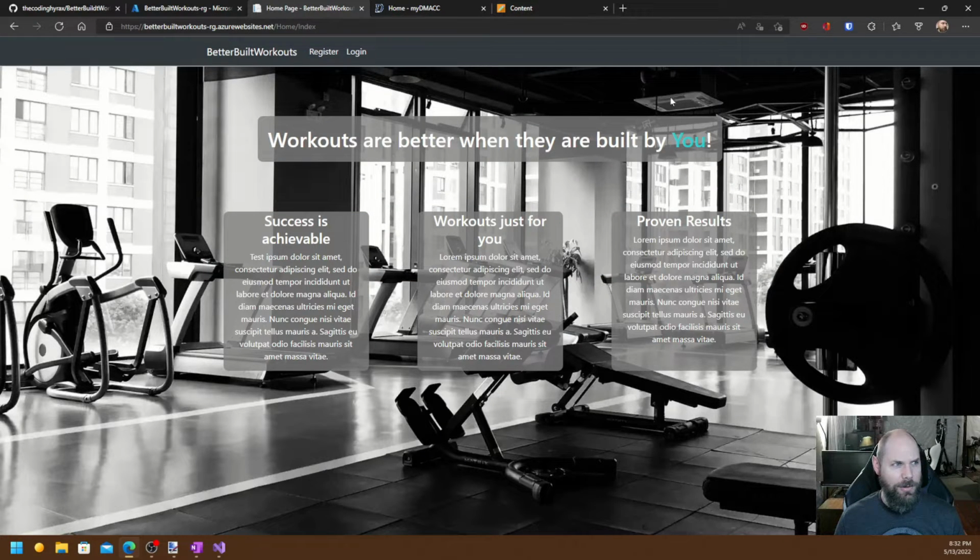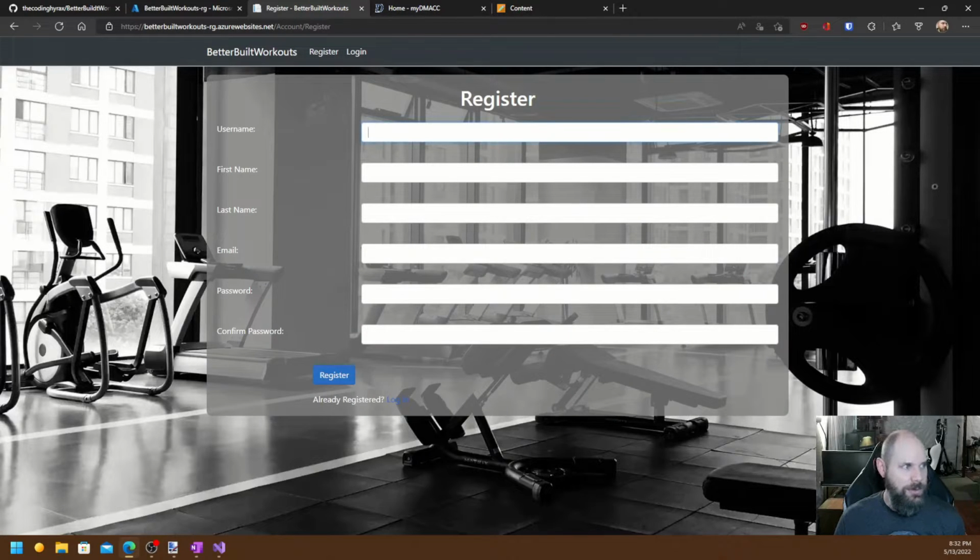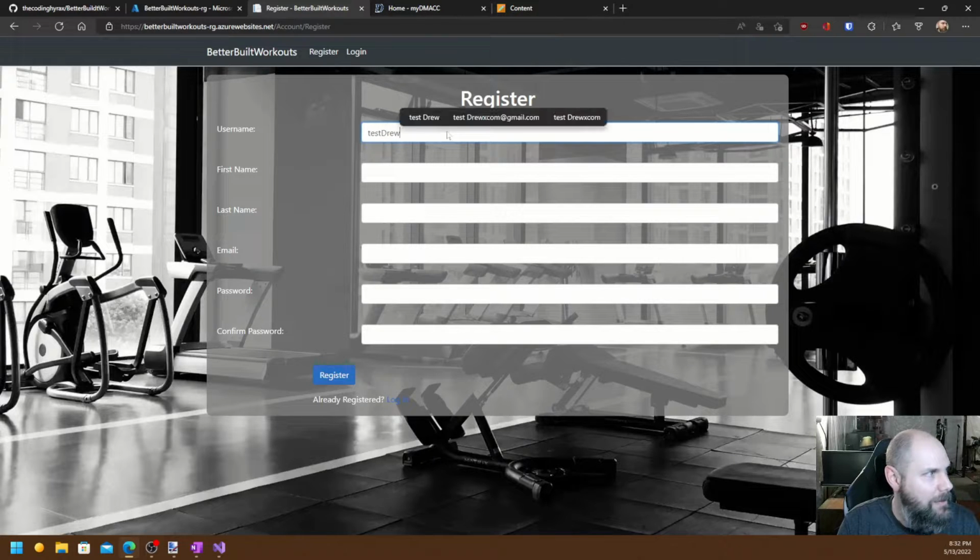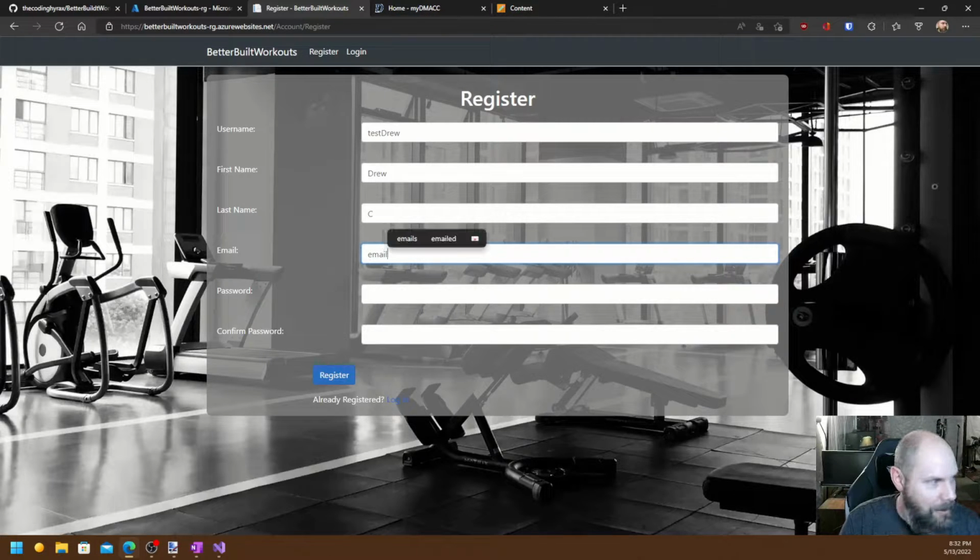We do have full identity support in here. So a user can come here and they can register, they can log in. Obviously, I was just logged in, I logged out. You can register a new user. Let's say test Drew. And it's me, and I don't care about a last name, or just put a fake email at email.com. Password, and there are password requirements. They need to be secure, so